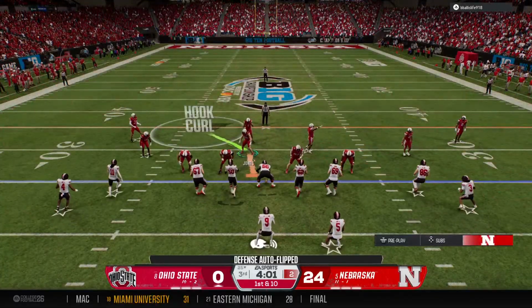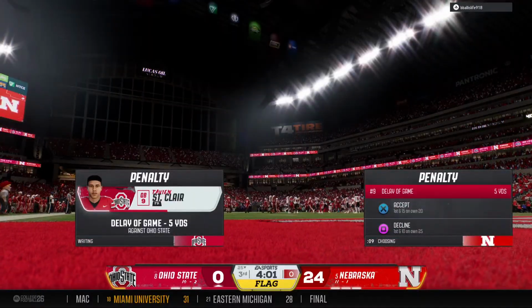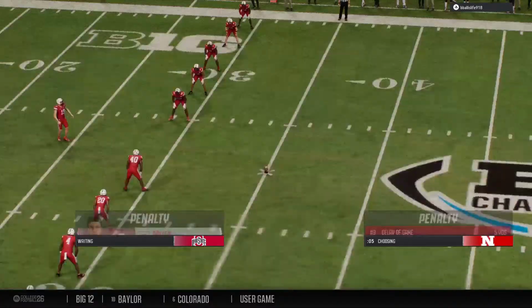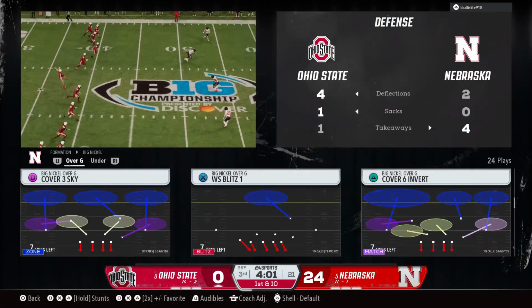Okay, here comes the Ohio State offense back on the field. The first job here, protect the football. Turnovers on back-to-back possessions. So that offensive penalty will be declined, but the defense, they're happy to take the result of that play.